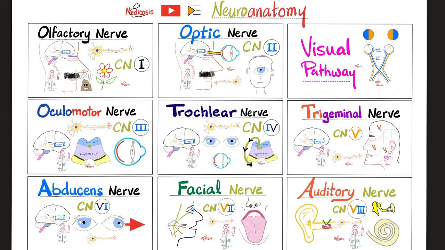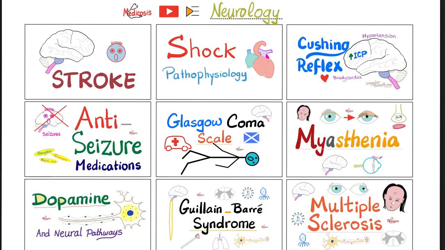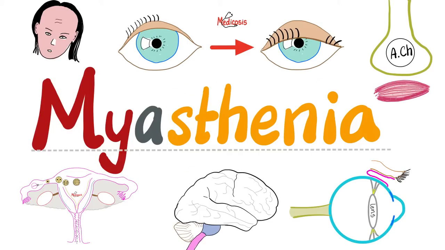There are two neuro playlists on my channel. One is for neuroanatomy, which has more than 45 videos, and one for neurology, which is basically everything: anatomy, physiology, pharmacology, and pathology. We've talked about myasthenia in its own video, and I've told you why it was called myasthenia gravis. Myo means muscle, A means no, stenos means strength. So my muscles have no strength. This is myasthenia. Why gravis? Gravis from gravid uterus. A gravid uterus is a pregnant uterus. Because back in the good old days, which were not so good, people thought that myasthenia was caused by pregnancy.